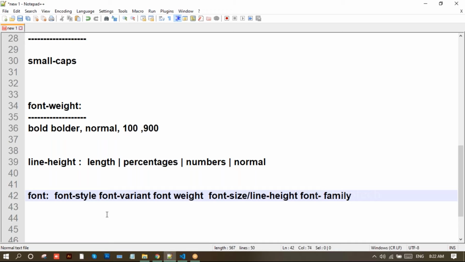And later we also add this font family. After that we can add a font family,